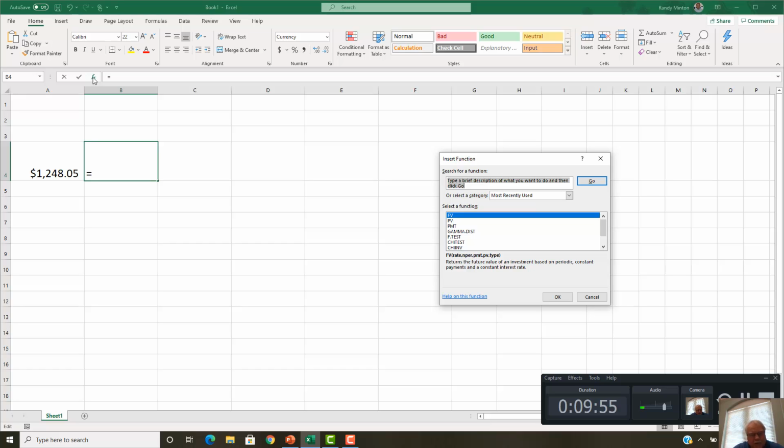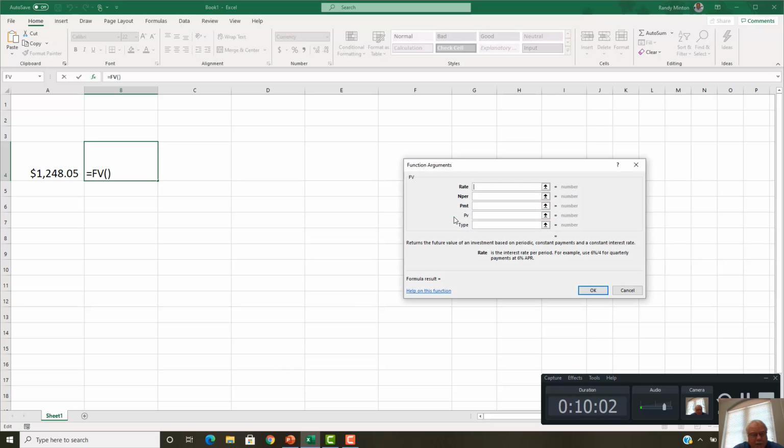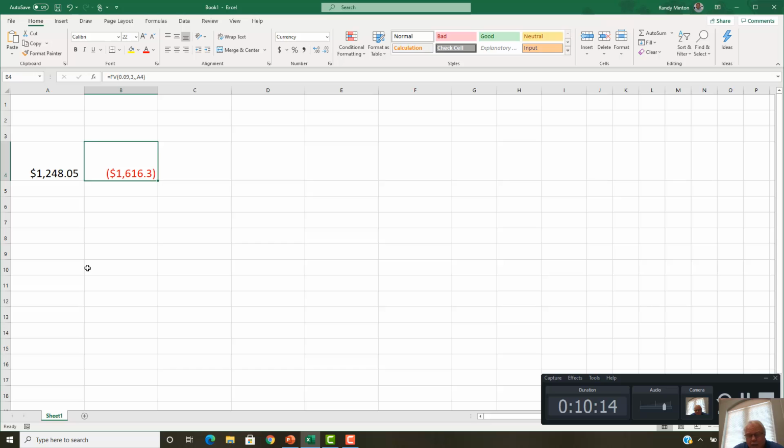But it's much easier just to say, well, this is at the end of 2 years. So what's the future value of that at the end of another three? So 0.09 would be your interest rate. You have three more periods in which to deal with this. Present value then is equal to this guy right here. And when we do that, we come up with